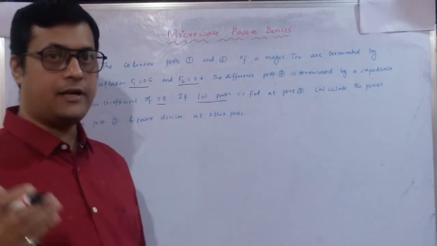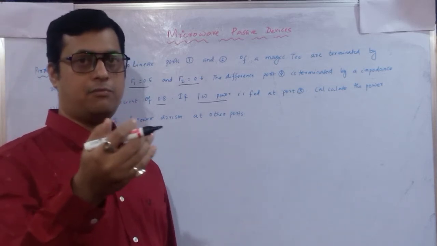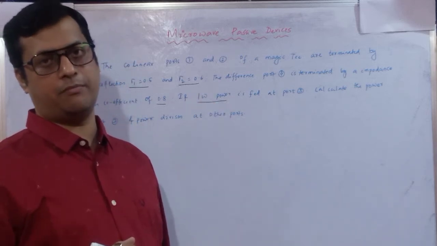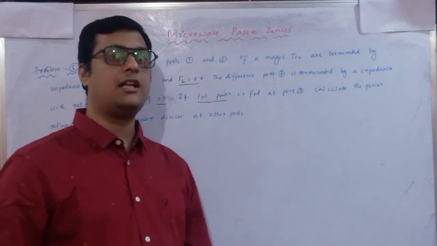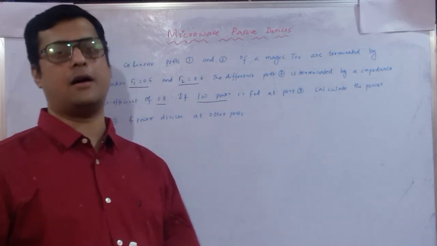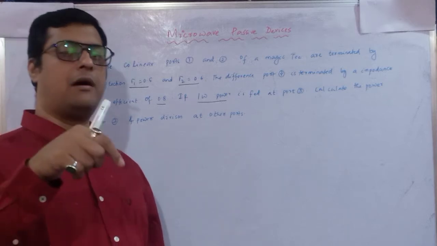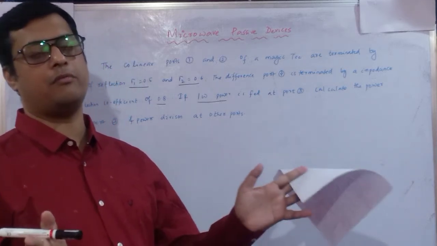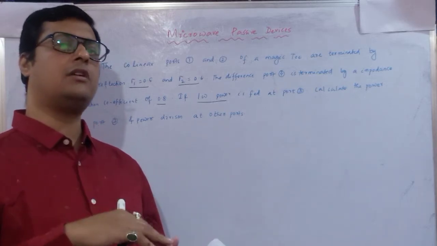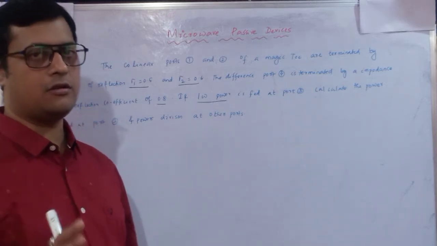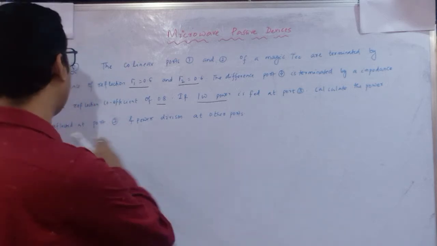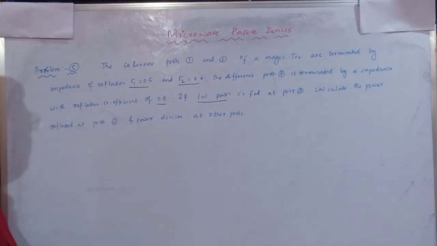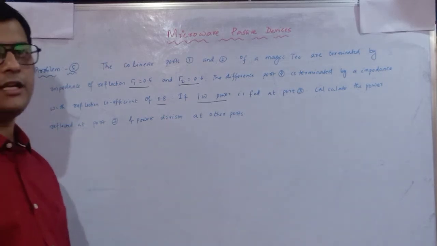Now here you listen. The power is fed at port 3. If the power fed at port 3 is 1 watt, then we have to calculate the distributed power. Remember that port 3 is the difference arm and port 4 is the sum arm. So when you give power at port 3, equal and opposite power is available at port 1 and port 2, and there is no relation with respect to port 4. That also we have to see. We have to calculate the reflected power at port 3 and the power division in the other ports.